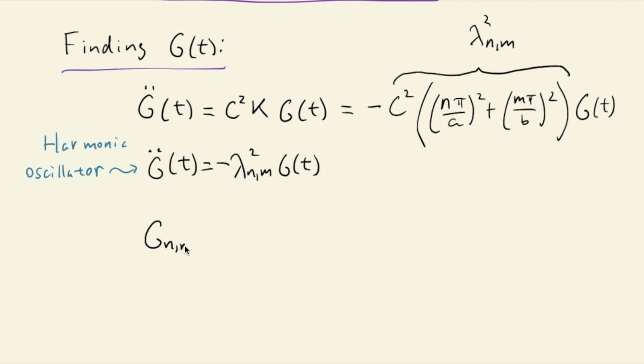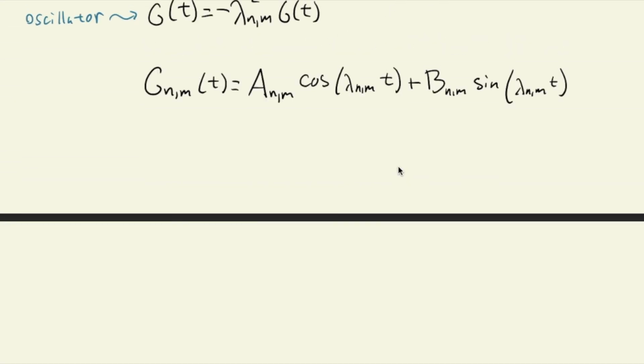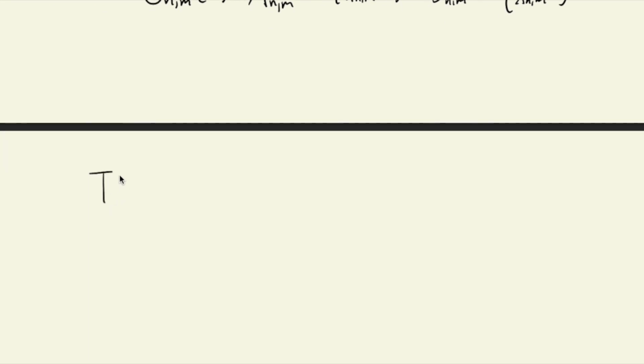G n m of t is going to be A n m times cosine of lambda n m t plus B n m times sine of lambda n m t. Okay, so we have F, we have G. We can finally write out the modes of this equation. The modes